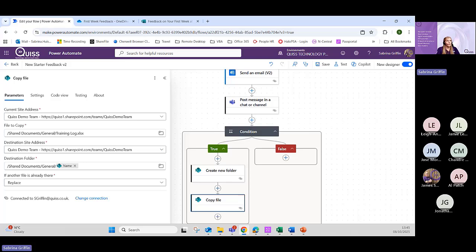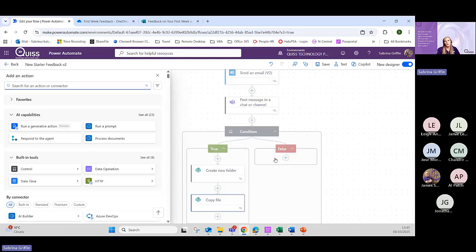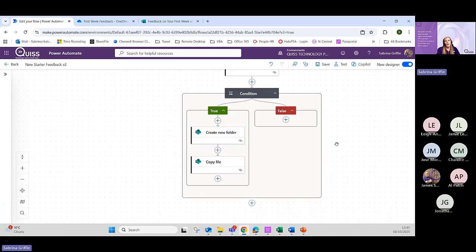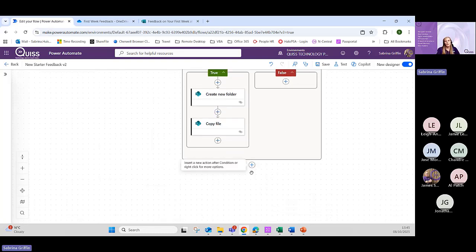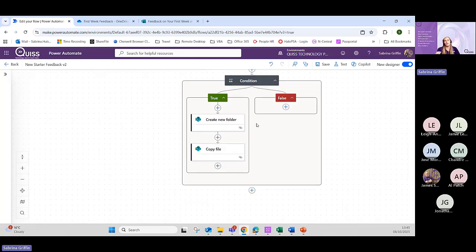So those are the steps that are being carried out if the condition is true. You don't have to put anything under false. If you don't want it to do anything if the condition is false, you can leave it blank, or of course you can go in and add additional steps in there. You can add multiple conditions within each other. So you could have another condition here, for example, and you can also have steps following a condition. So basically, if it's true or if it's false, once it's done anything in there, then it moves through to the actions underneath. So if we save that one,